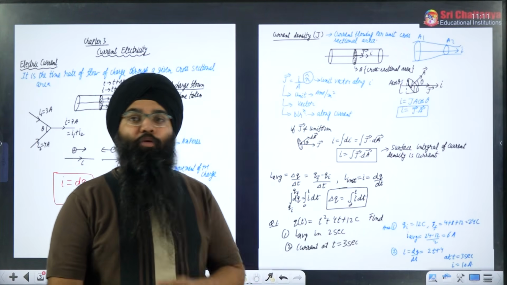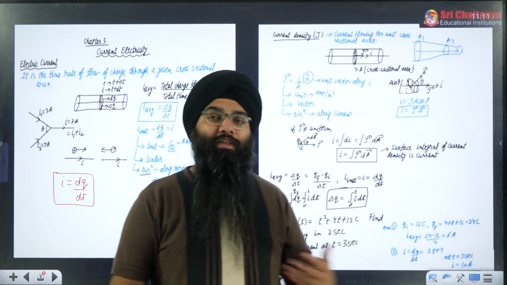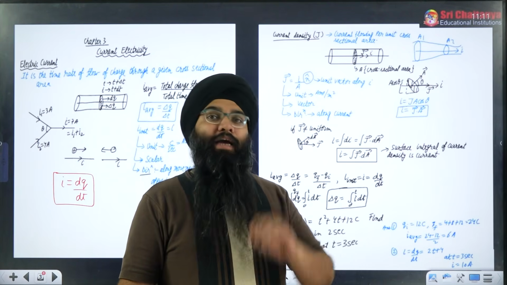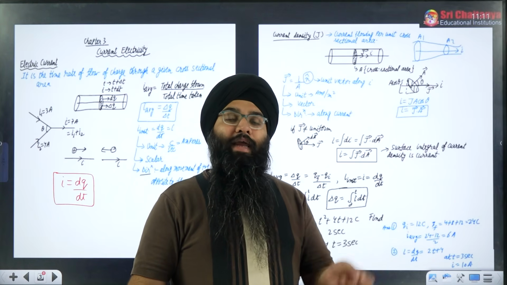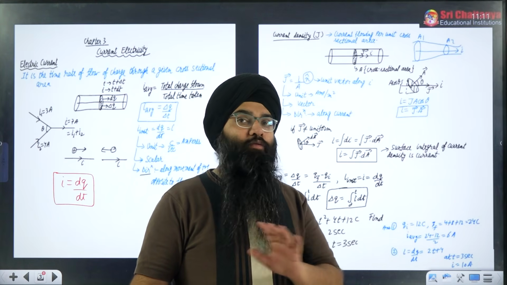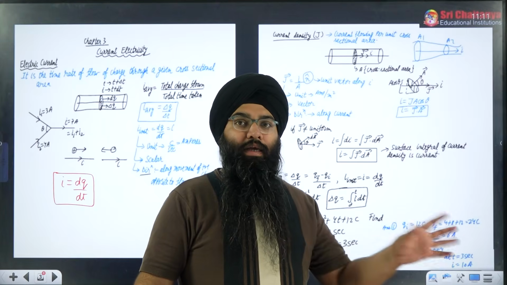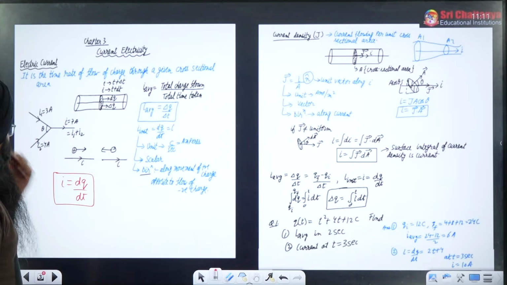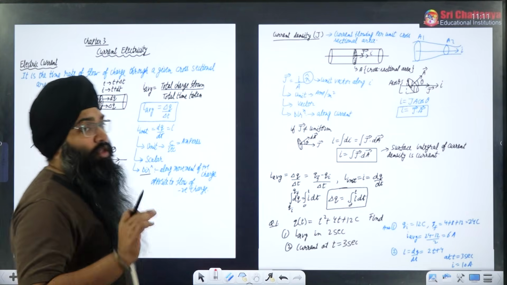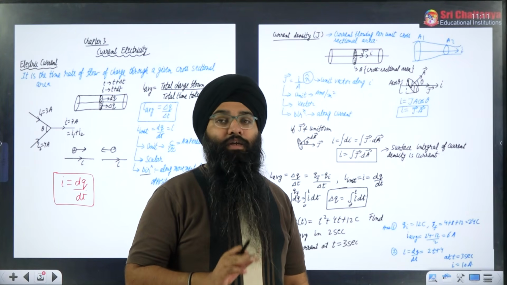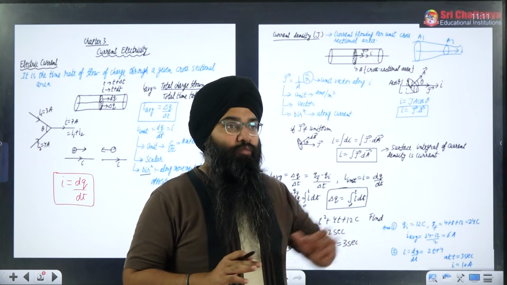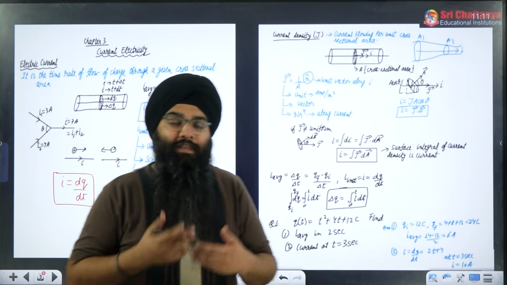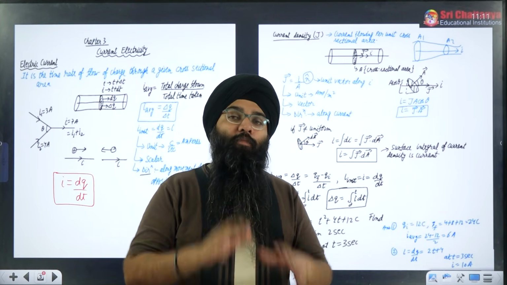Remember one thing, actually positive charge does not flow. In the actual sense, in the conducting wires, only the electrons flow. But by convention, if instead of electrons you take an equivalent positive charge, there will be no problem. You can definitely use the convention of flow of positive charge for the definition of current. But remember one thing, even though current has a direction, which is the direction of flow of positive charge or opposite to the direction of flow of negative charge, still it will not be considered as